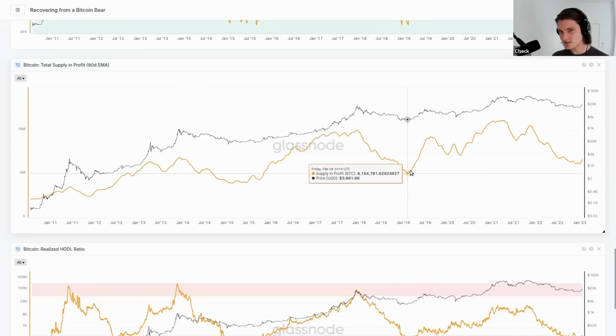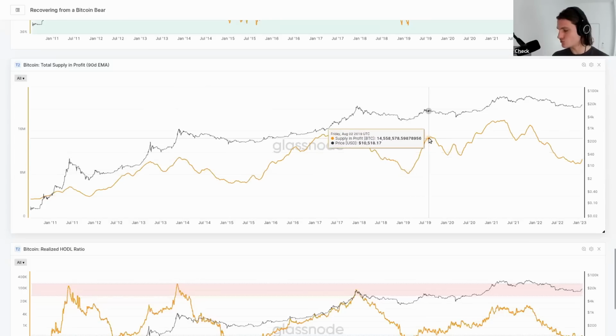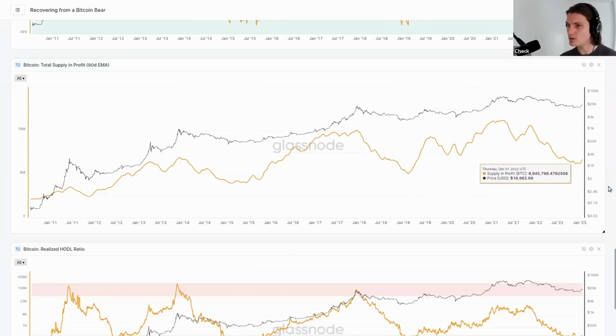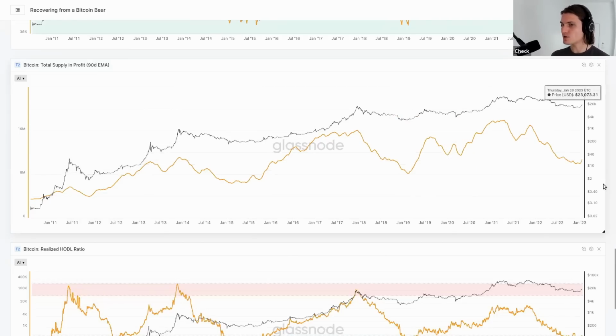So you can see that when these things start to trend, it trends, right? It really does get some upside momentum. And naturally, there's peaks and valleys and things happen all along the way, but this is just a really nice, simple gauge. Do we have upside momentum in the number of coins returning to a profit over a long enough time frame to make it meaningful? So that's another one we're paying attention to.